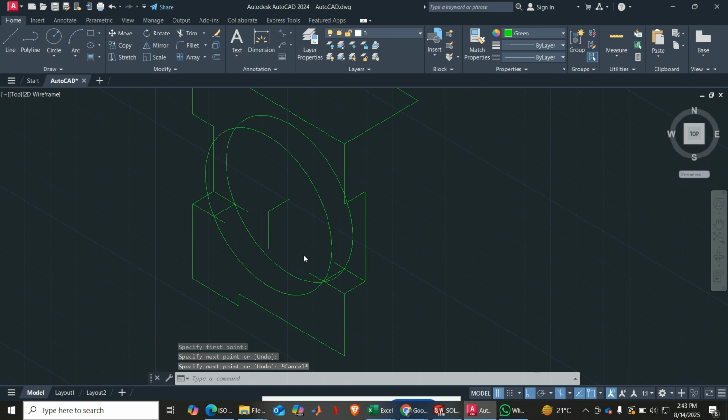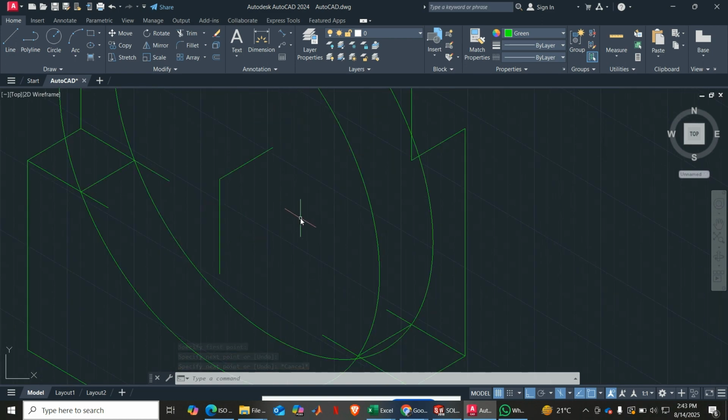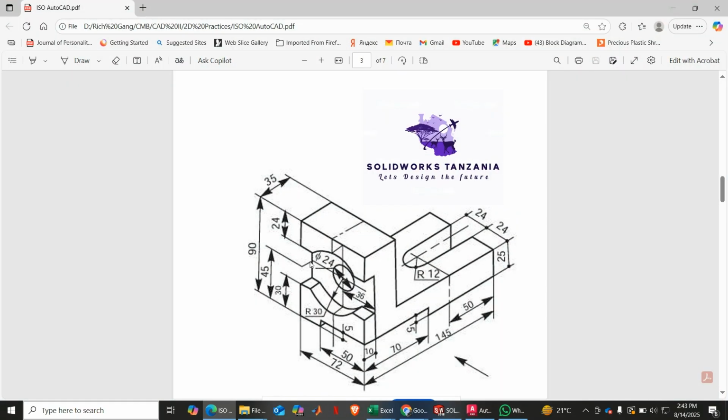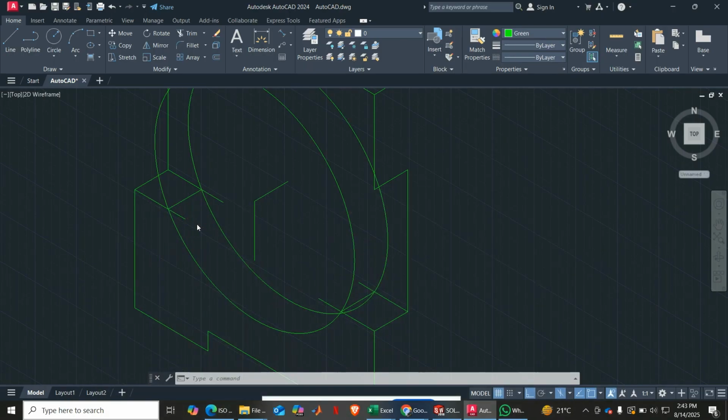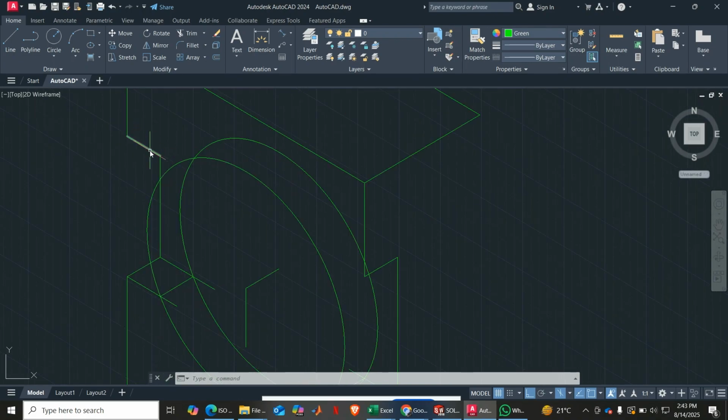Yeah, so you have to be creative, right? You have to be creative. Okay, let's see. So again, I can draw this line from here to here and from here to there so that I can trim that. So I can draw,